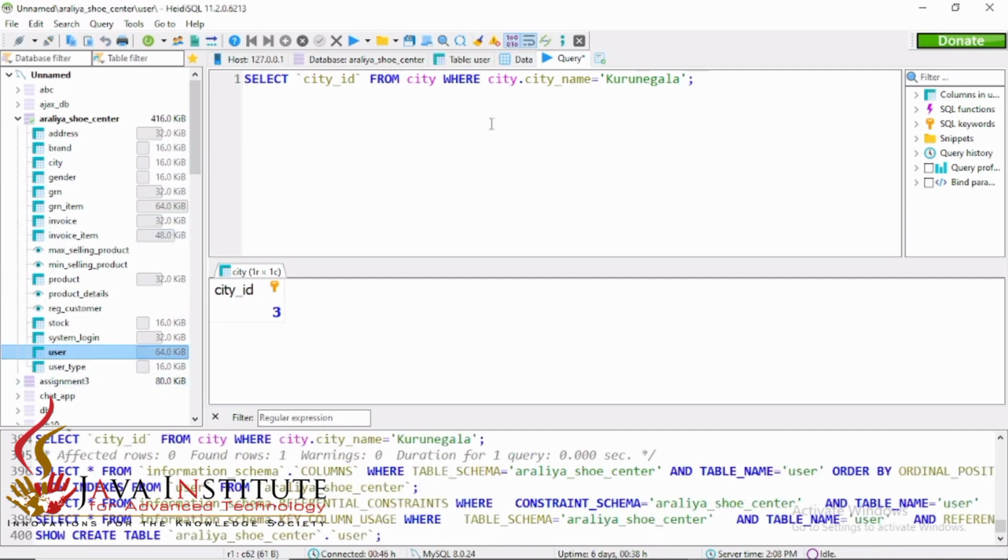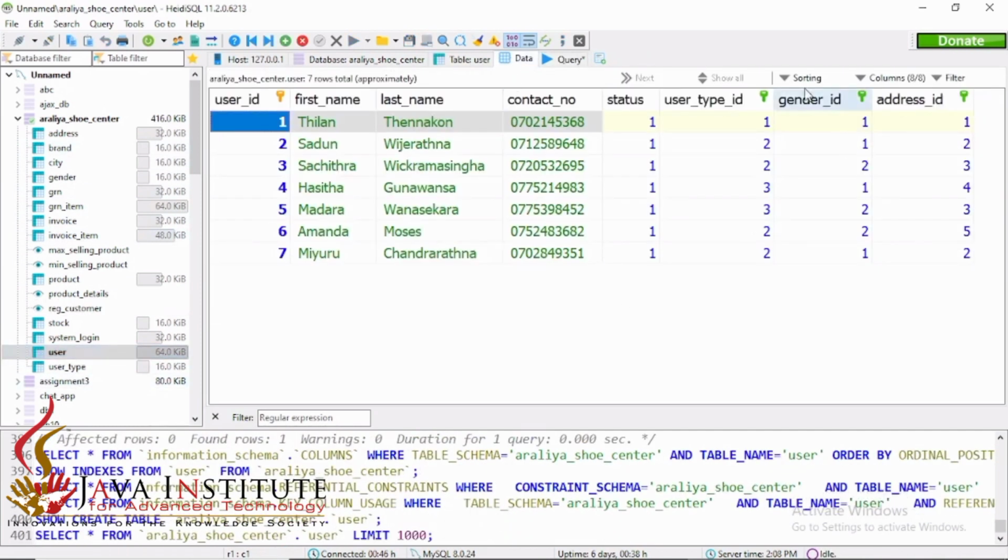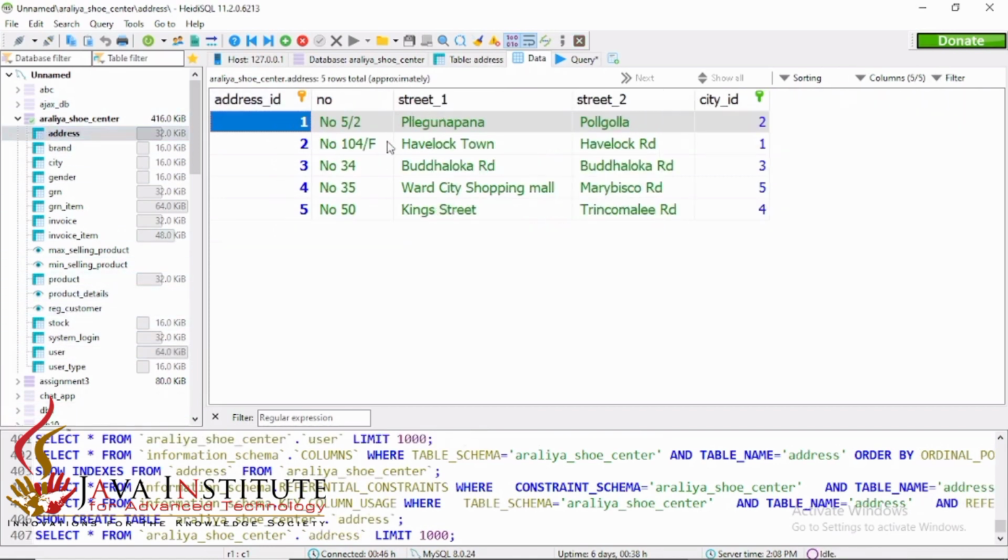I'll show you here in this user table, it has only the address ID. So from the address table we have to find out the address IDs related to this city ID.